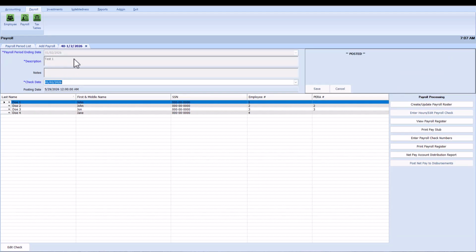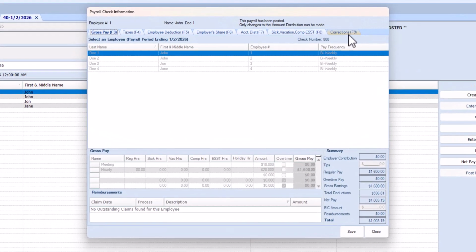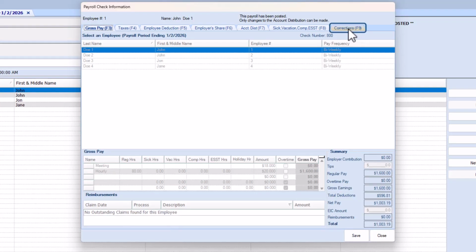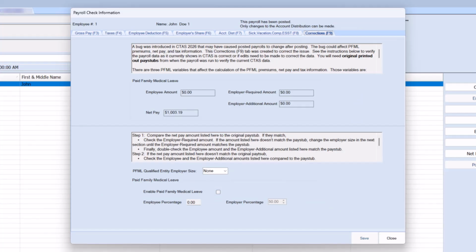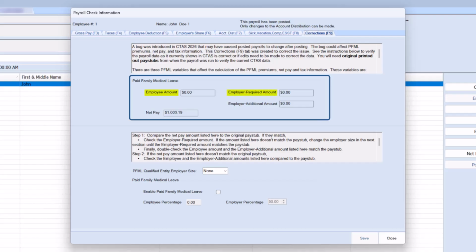With a payroll open, double left-click on an employee name to look at the employee record in the payroll. Notice you will see the Correction tab F9. Left-click on the Correction tab. The Correction tab has two sections. The first section lists the PFML premium amounts, employee, employer, required, and employer additional amounts, and the net pay.